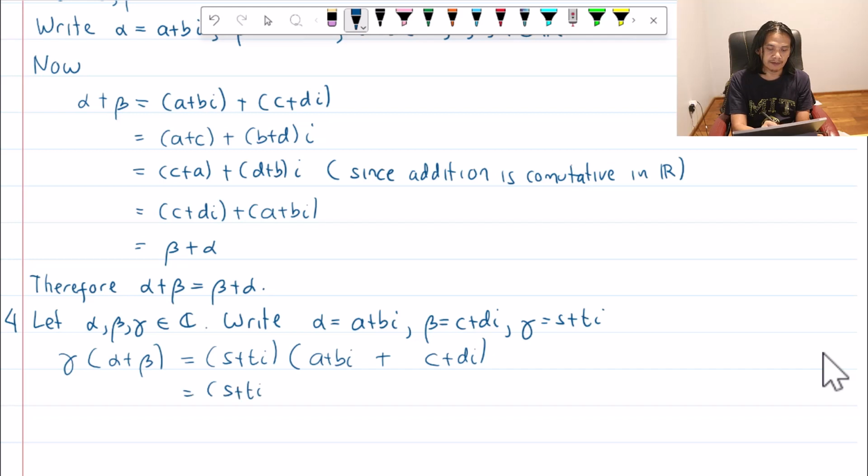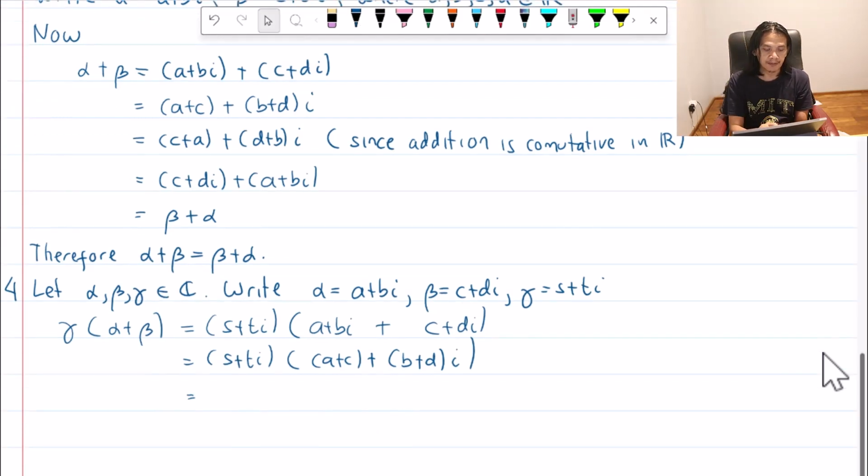According to the definition of addition, the expression inside the parenthesis is equal to a plus c plus b plus d times i. And then if we multiply with s plus ti, we get s times a plus c, and then we multiply s with b plus d i,